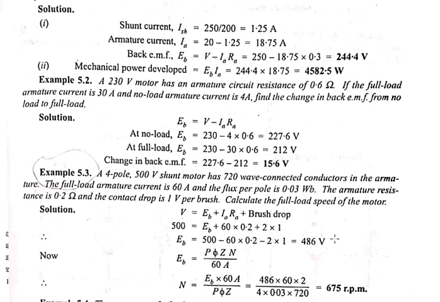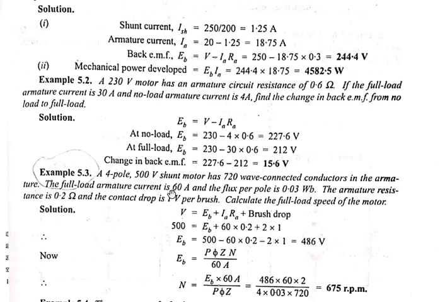Now this is a combination, a relation between the terminal voltage and the back EMF and the EMF equation of the back EMF. So using these two equations we can find out what are the given values. P is equal to 4, V is equal to 500 and there are 720 conductors. Z is equal to 720. Wave connected. Wave means what? A is equal to 2, that is number of parallel paths would be equal to 2.